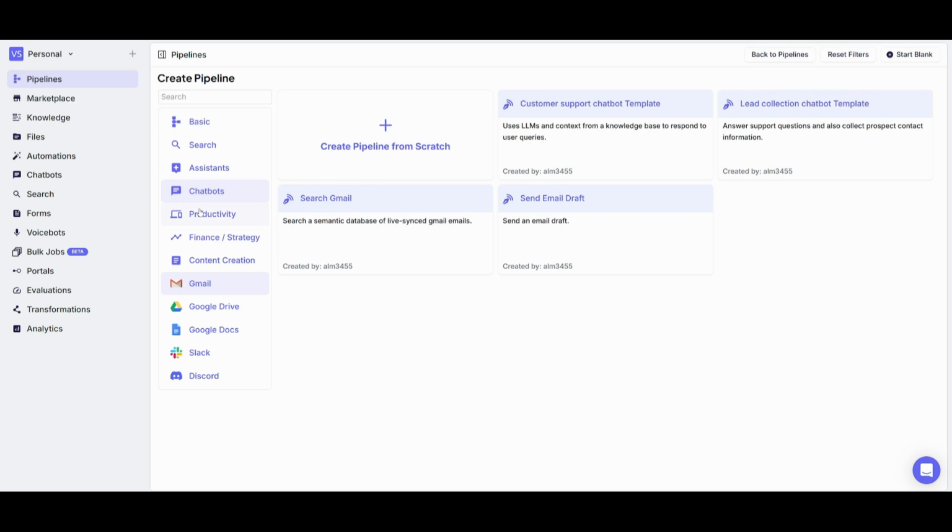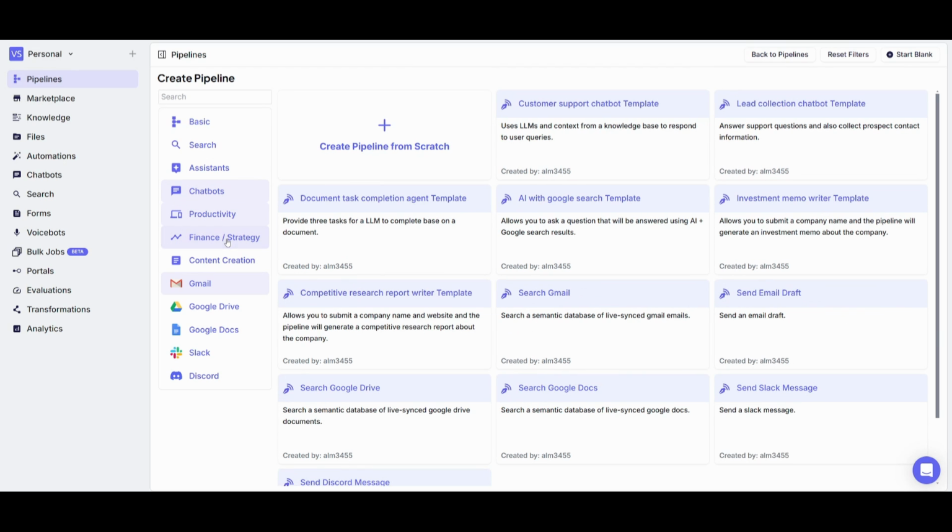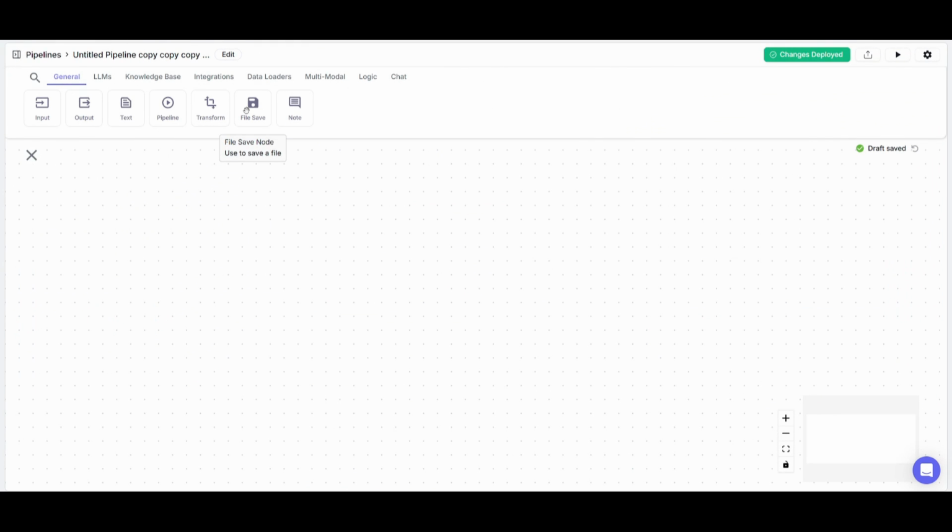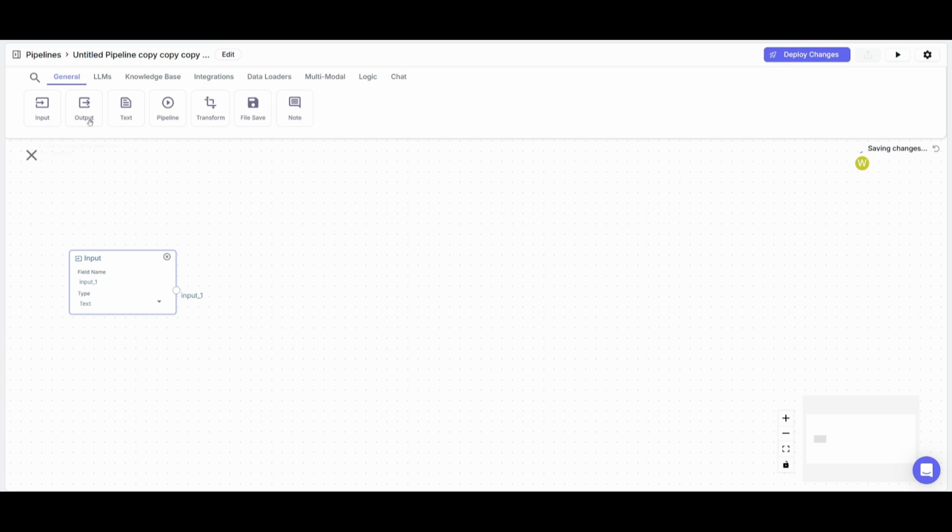You have chatbot templates, productivity, finance and strategy, and so many more. But what we're going to be doing now is creating a pipeline from scratch. So simply click on this button, which will take us over to VectorShift's drag and drop builder. This is a simple drag and drop builder that will easily allow you to create various sorts of automations. So simply go ahead and place down an input node and output node, which is quite foundational for any workflow